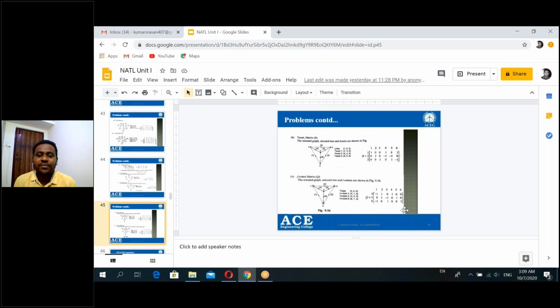So right. First one is the incident matrix, second one is the tie set, third one is the cut set matrix. Go through the problems. We will see the next class: what are the KCL and KVL equations for the incident matrix, the KCL and KVL equations for the tie set matrix, the same for the cut set matrix, and also the relation between the incident matrix, tie set matrix and cut set matrix using KVL and KCL concepts.